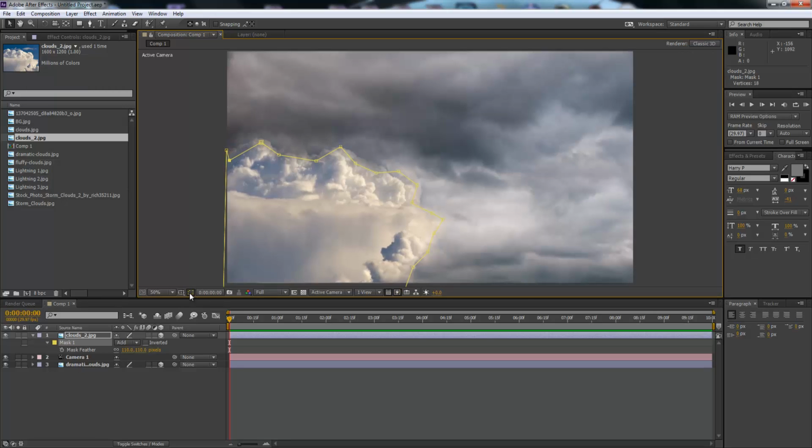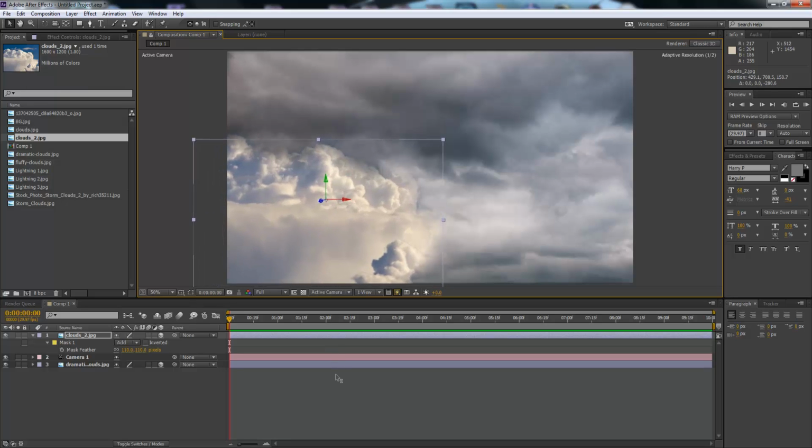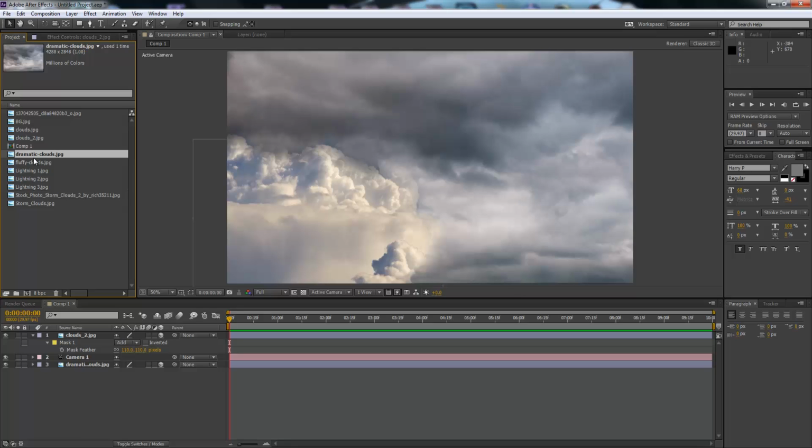Cool. And if you want to undo it, just click that, and then we've got our first cloud blended into our scene, as you can see. You can bring this forward if you want, or back, to give it a bit more of a 3D feel, but that's absolutely fine. Okay, so now we're going to get another cloud,